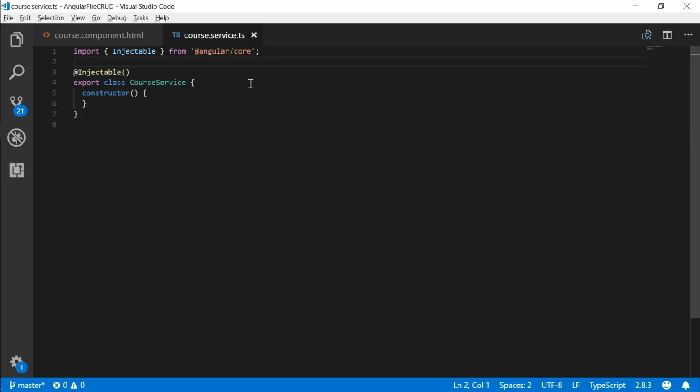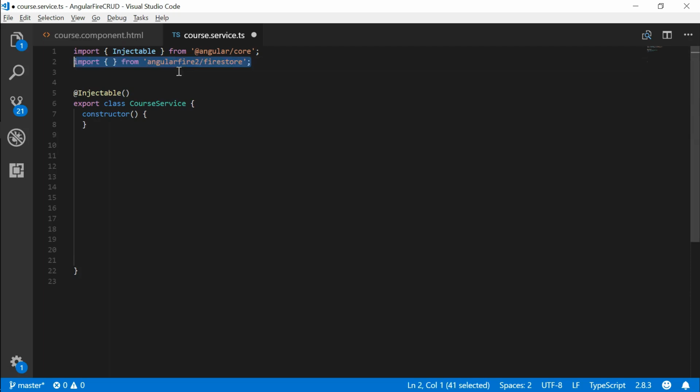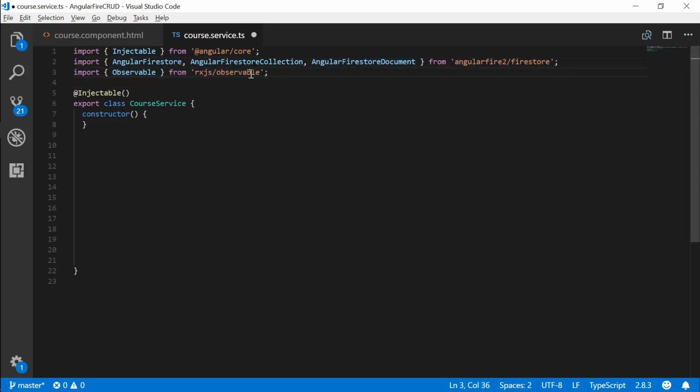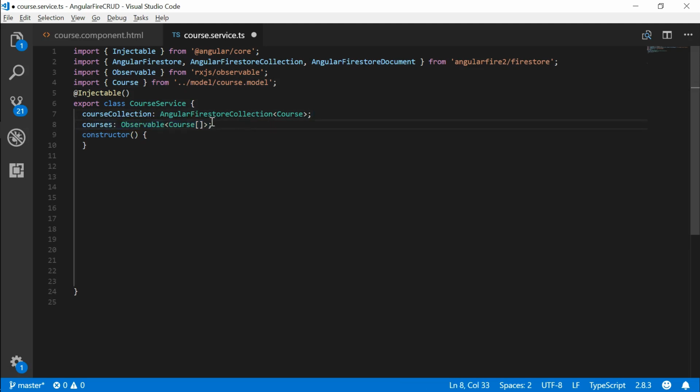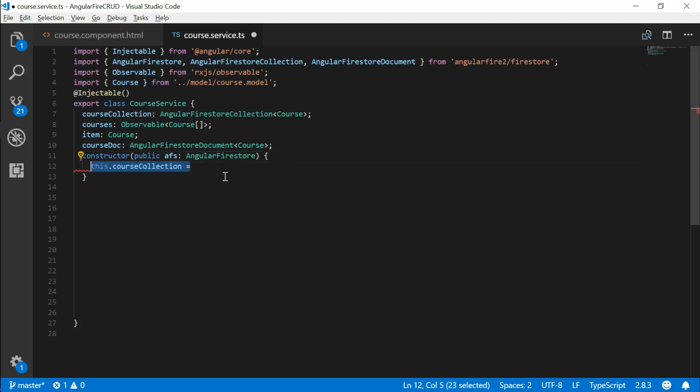We can import the required packages from Firestore, which are AngularFirestoreCollection and AngularFirestoreDocument, and we need the RxJS Observable, and also we need the model. Create a variable for the course collection using AngularFirestoreCollection, create a course observable and course item, and a course document for update and delete operations. Inject the Firestore service into the constructor, and we can create a reference to the collection